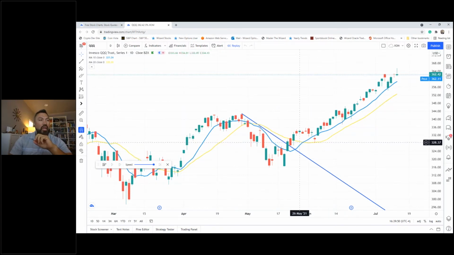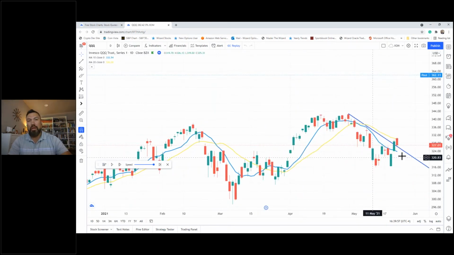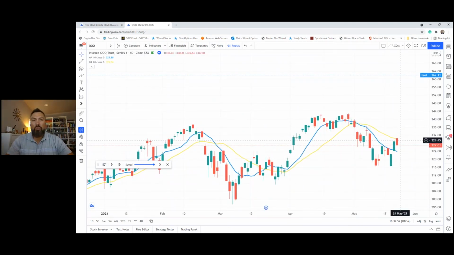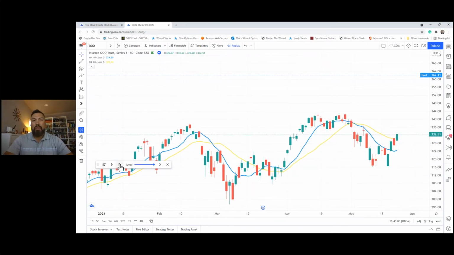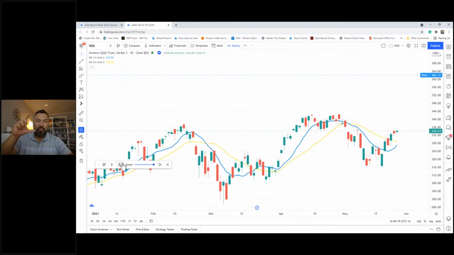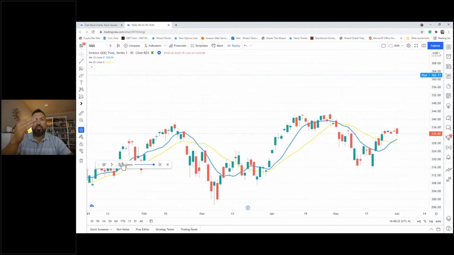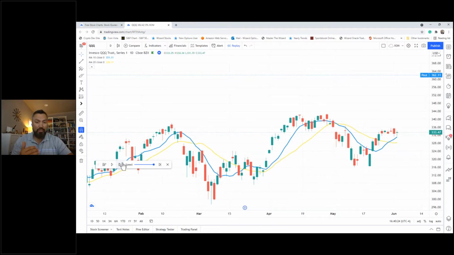Okay, so as we go back, I'm going to go back one more time just to show this. Watch now how the blue and the yellow lines, let me get rid of my hand-drawn line. Watch how these bars react as we march forward. You see how we bounce off this yellow line here? We opened right here off of this 20-day moving average. Right here is the open price. Bounced up off of it. Then we had an extension. Then you see the market start to come back down to those trend lines.